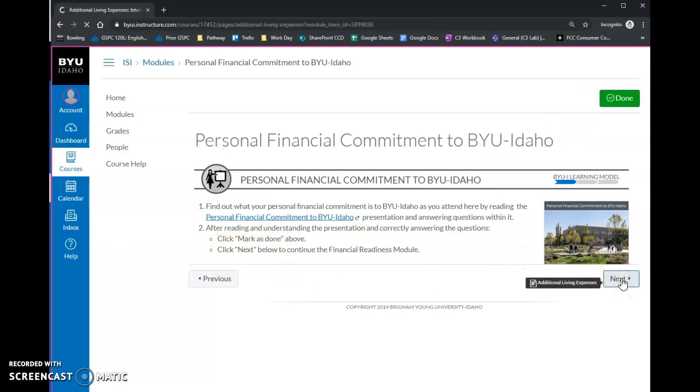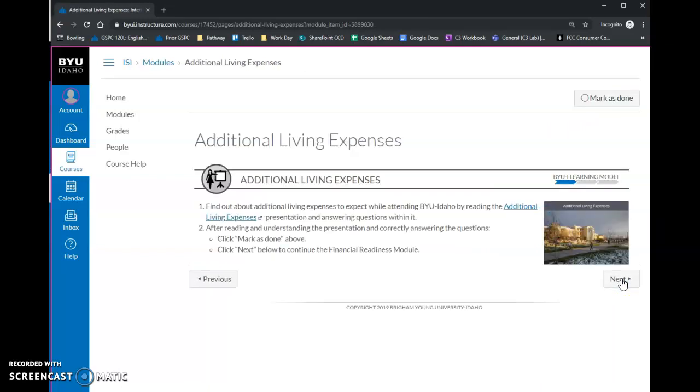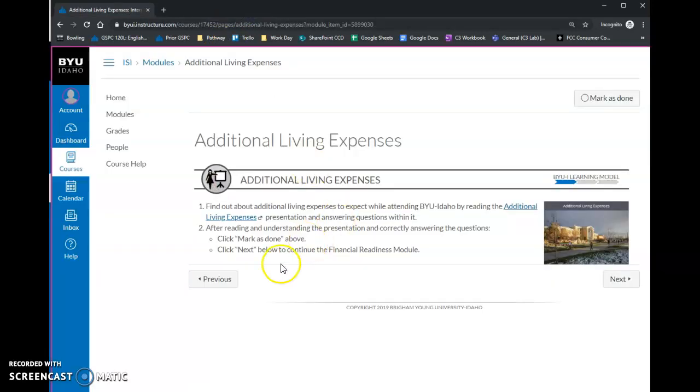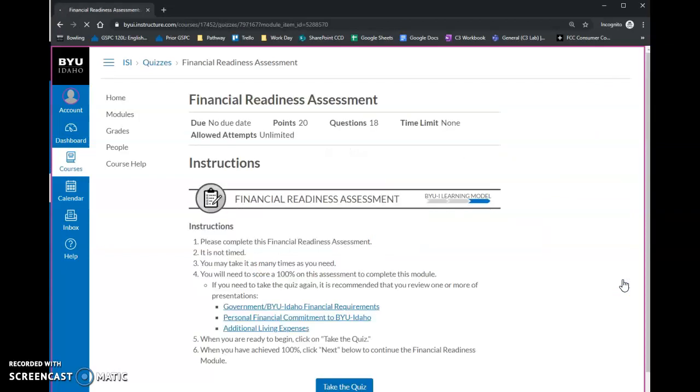And it'll take you to the fourth item, which is another presentation called Additional Living Expenses. You'll open that, go through this, answer questions, close it when you're done, mark it as done, and then go to Next. Now the next thing is, this is the fifth item, and this one's actually something that